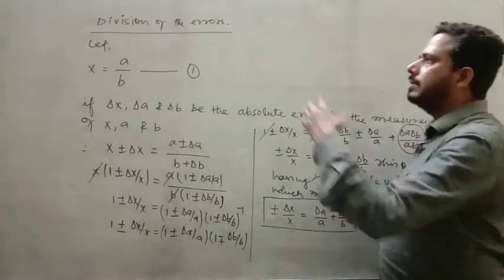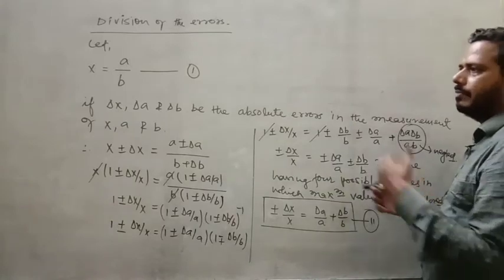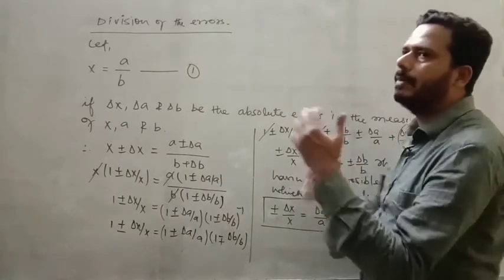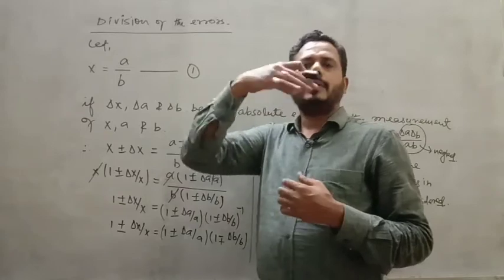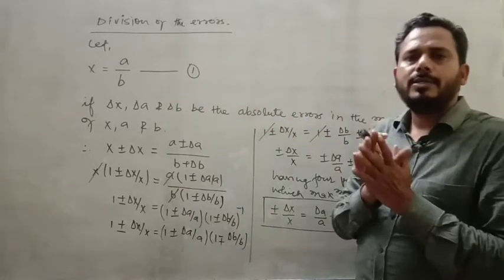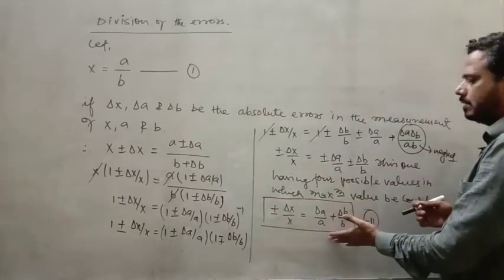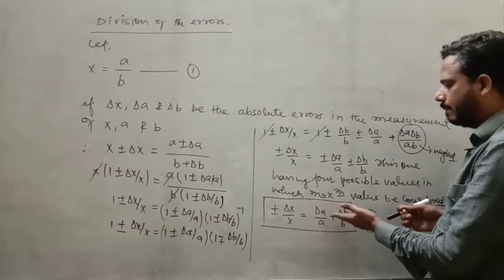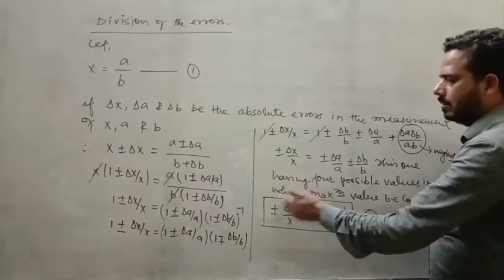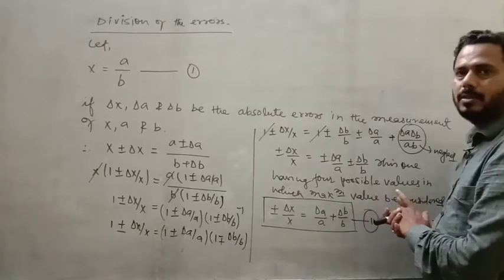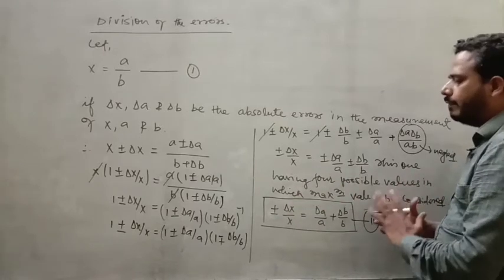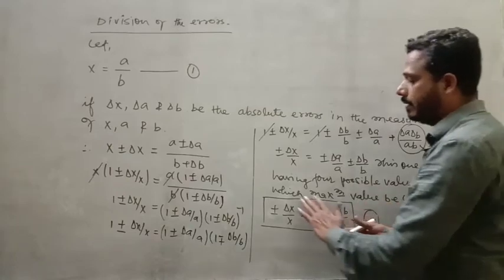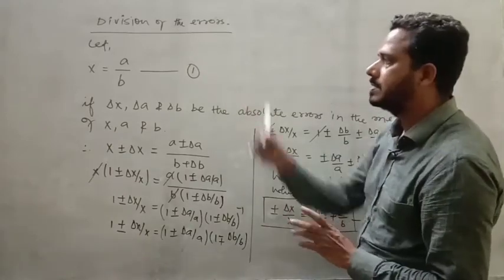Whenever you compare this with the multiplication of error, the same result you were getting there: delta a by a plus delta b by b of the fraction of the resultant. But if you have to find the absolute error of this division,